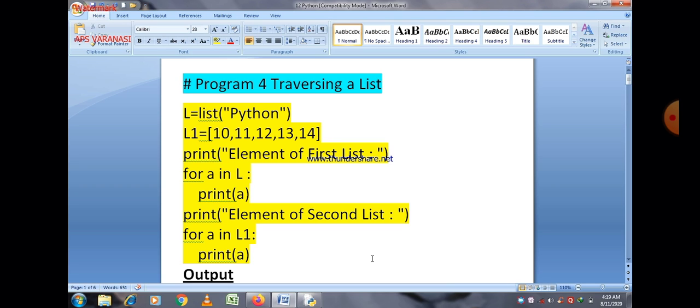Now it is very clear to all of you that we can access the elements of a list using a for loop. If you want to access different elements of a list, just use a for loop, and you can access each and every element of a list using it. You can use a while loop also, but using a for loop it is very easy to access each element.